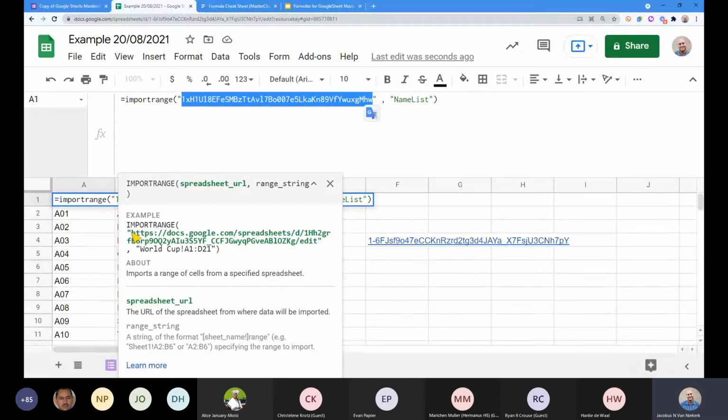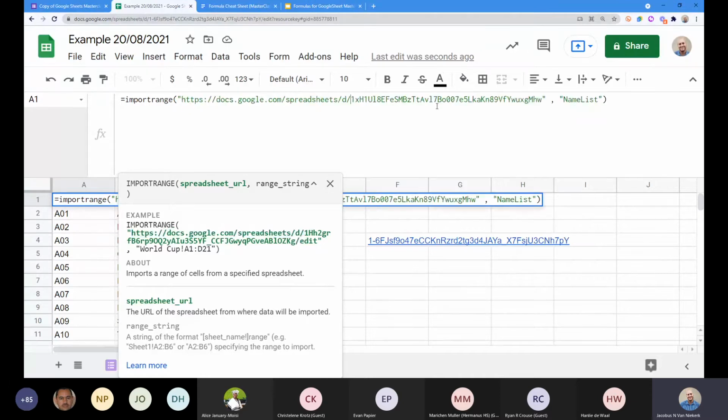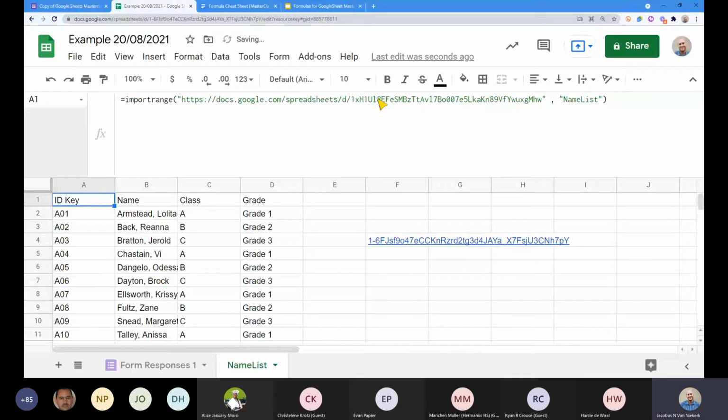So if I were to replace that, for example, with this and just add that part in front, it will still work because that is part of the long URL.